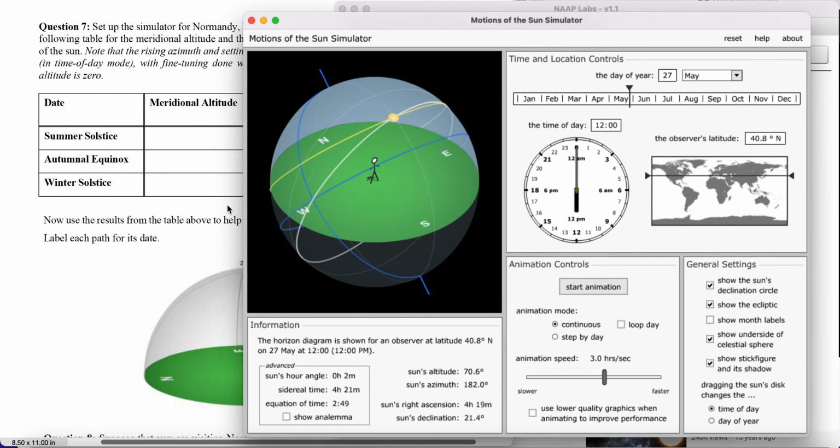Okay, so this is the key simulator. This is the Path of the Sun simulator, and this is the one where you can actually set different locations, which you can see because we have a line here where we can set our latitude. Now there's no ability to set longitude, and I bet you could guess why that is. That's because